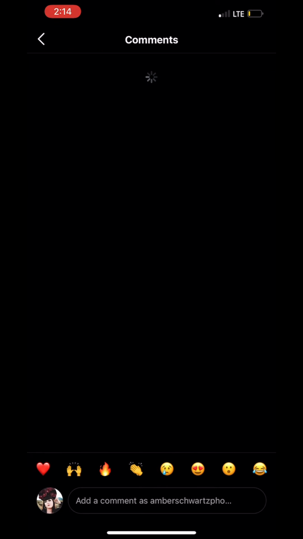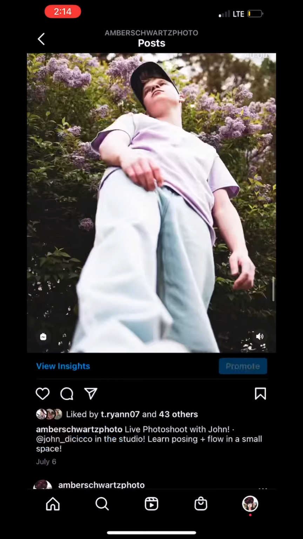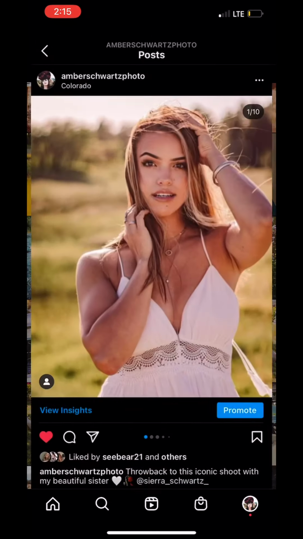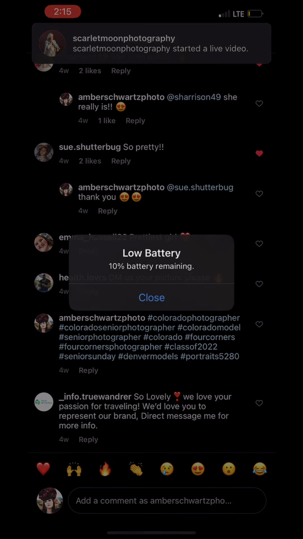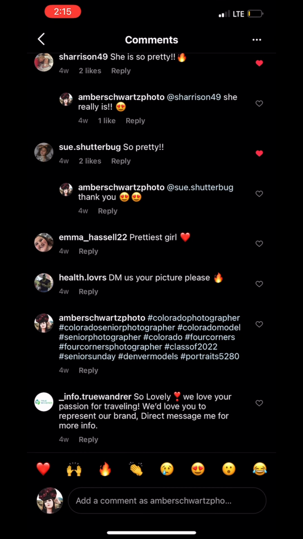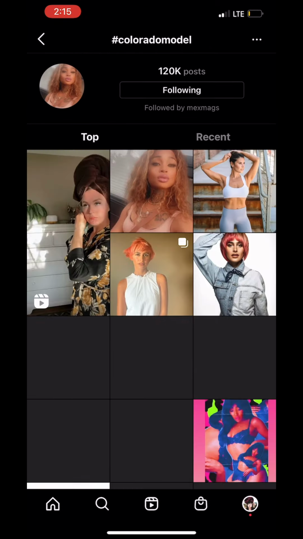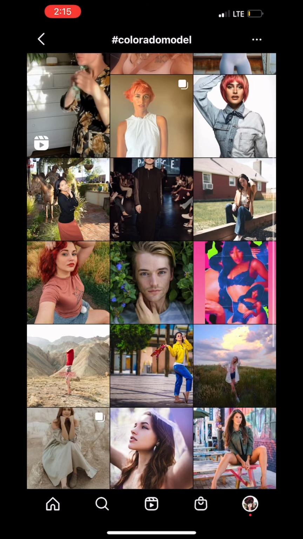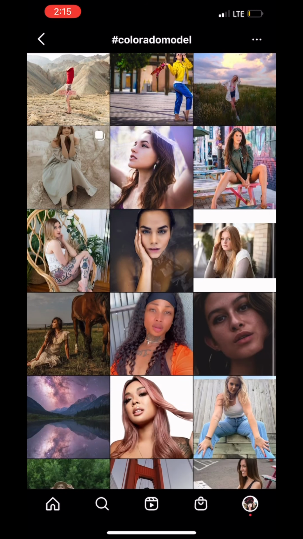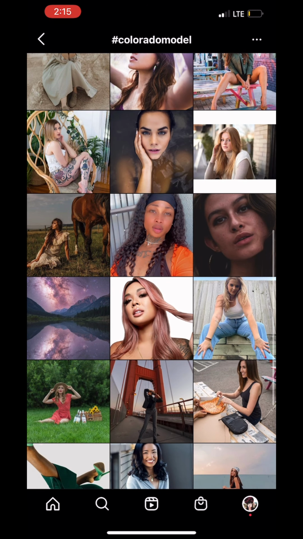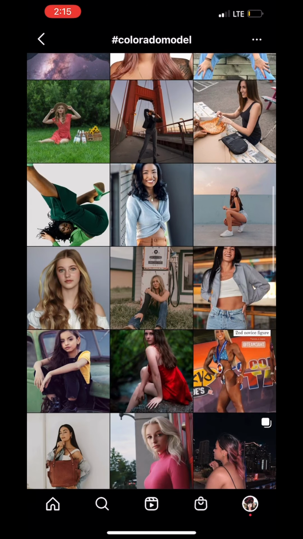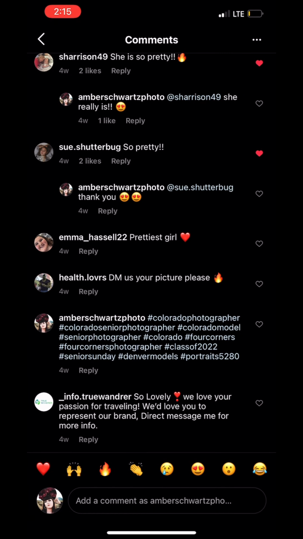And also going along with feature pages, also using hashtags. Now here I am just looking for a post where I use hashtags. Okay, now that I found one, you can use up to 30 hashtags on each post, and I highly recommend that you use your 30 hashtags. Now, in this example, I did not, so that's naughty on me, but you're going to want to use hashtags and try to diversify your hashtags. Use, like I said, your 30, and make sure you're using ones that pertain to you. So Colorado model is one that I use a lot,